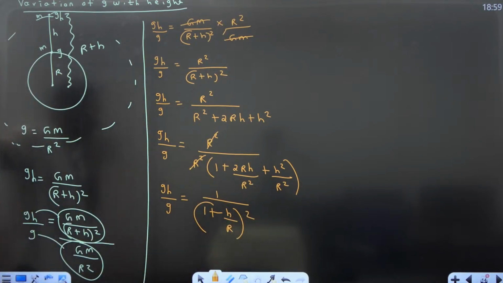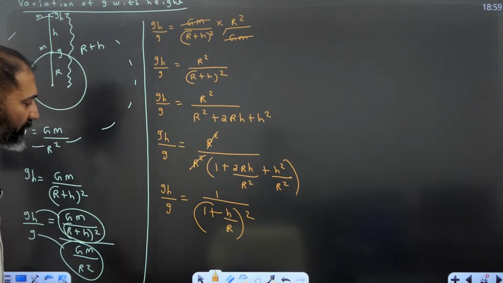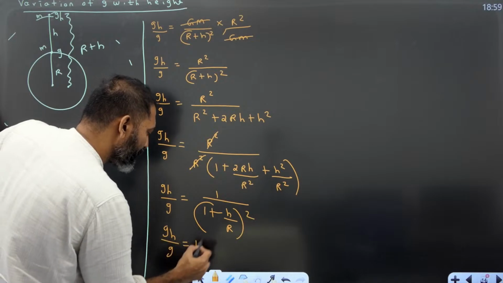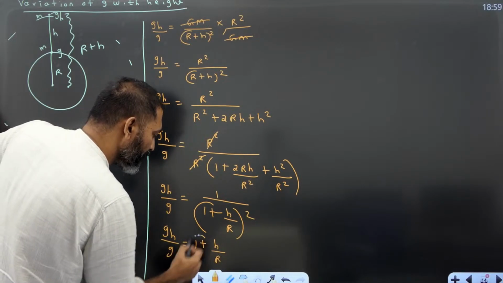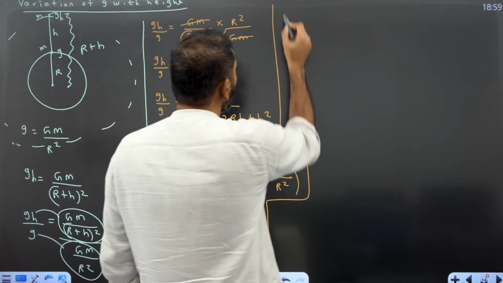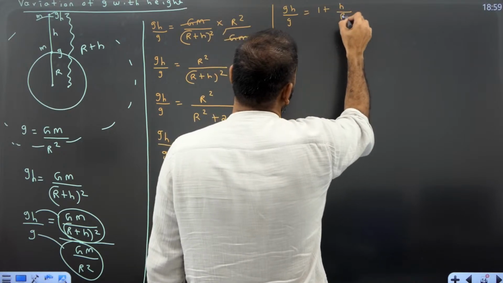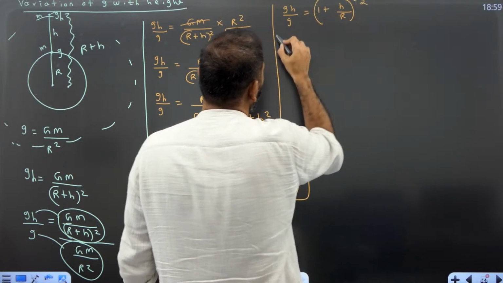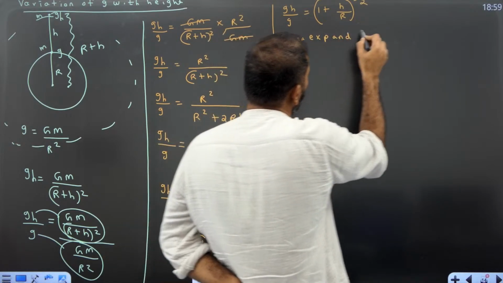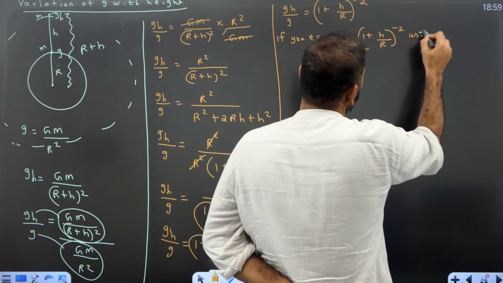Any doubt? gh by g is equal to what? 1 plus h by R the whole square, so gh by g is equal to (1 plus h by R) whole raised to minus 2. Remember, if you expand (1 plus h by R) whole raised to minus 2 using binomial theorem,